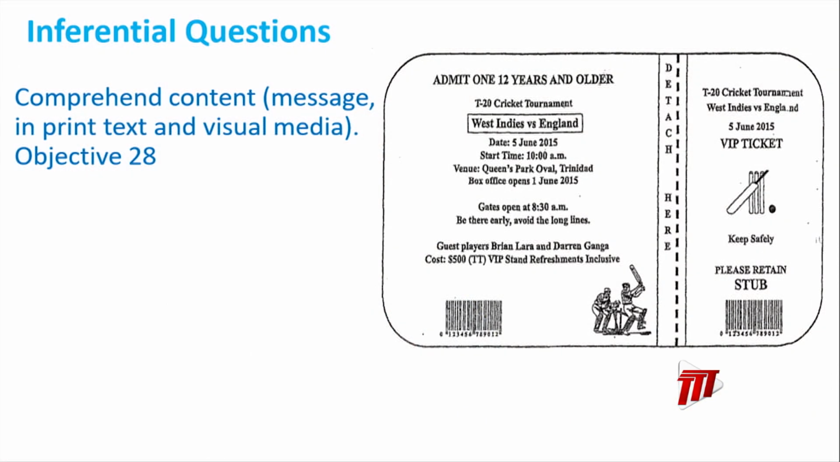And the objective that we are going to consider is objective 28: comprehend messages in print text and visual media. Again, the objective that we are considering is objective 28: comprehend content or messages in print text and visual media. So let's break down this objective. Comprehend means to understand. So to answer questions based on this objective, you will be required to understand the messages that are presented to you, the reader or the viewer of the text, to come up with your answers to these types of questions. So an example of a question would be,